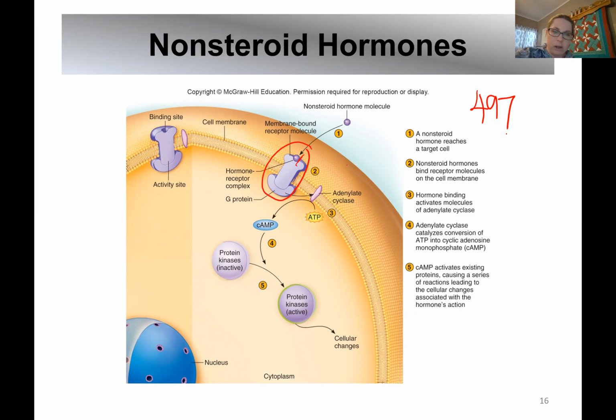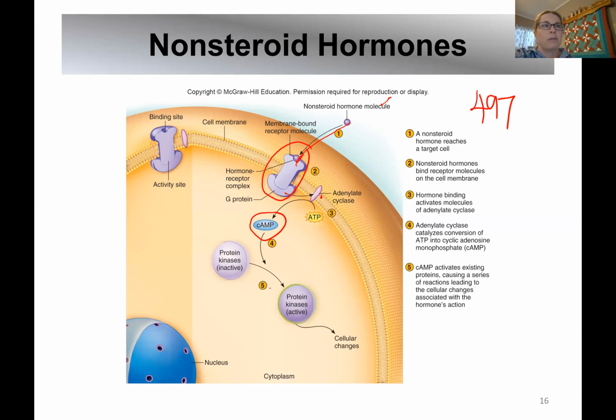But the hormone here binds to that receptor on the outside of the cell. Then some chemical reactions take place that basically activates cAMP. Okay, cAMP is dormant. It's not doing anything. It's just hanging out, waiting for a message. So first person comes here, like they're knocking on the door. Okay, when this person here knocks on the door, they get up from the television and they walk over